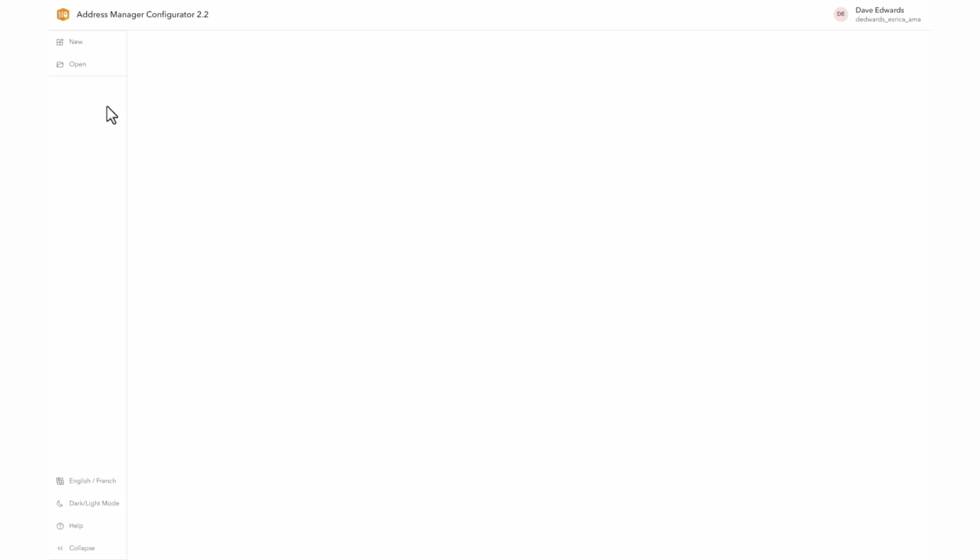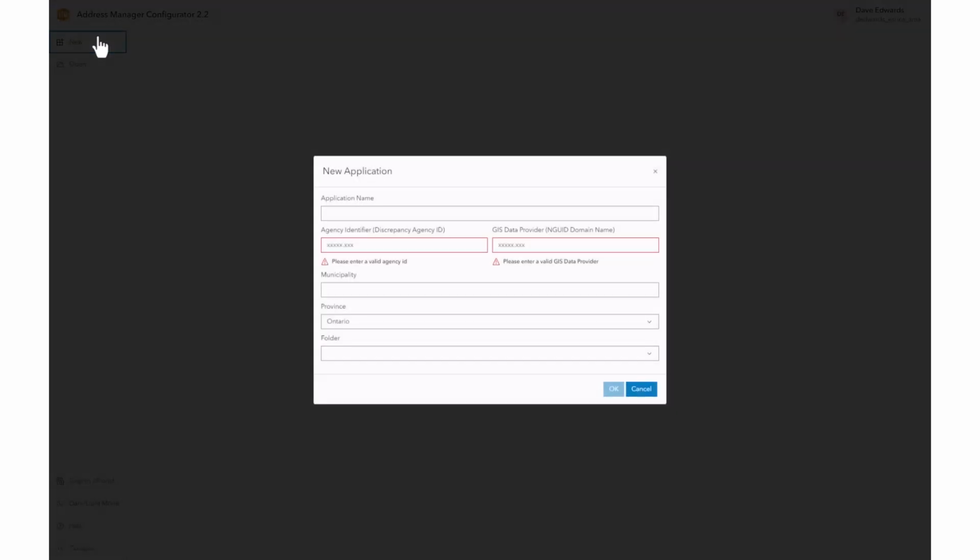There are two options available upon opening the Configurator: create a new application or open an existing application. We'll create a new application. In the pop-up, input an application name. We'll use Any Town. Next, enter the agency ID, being the domain name of the agency who will receive the